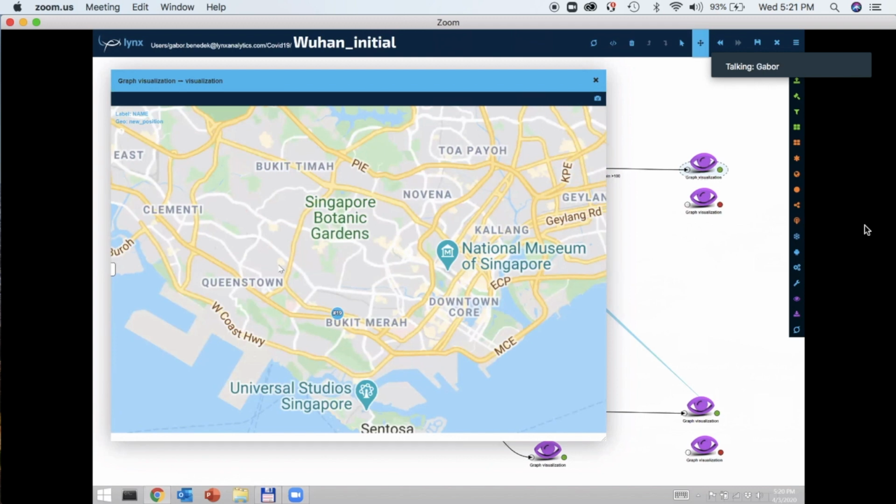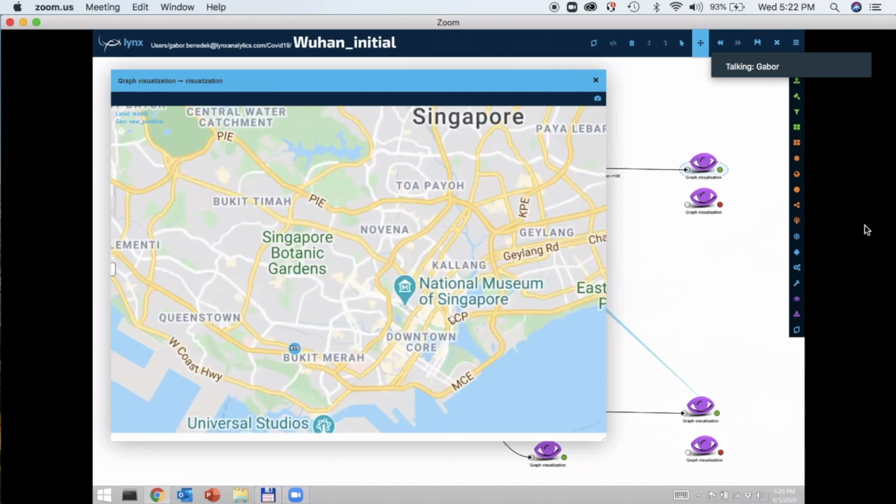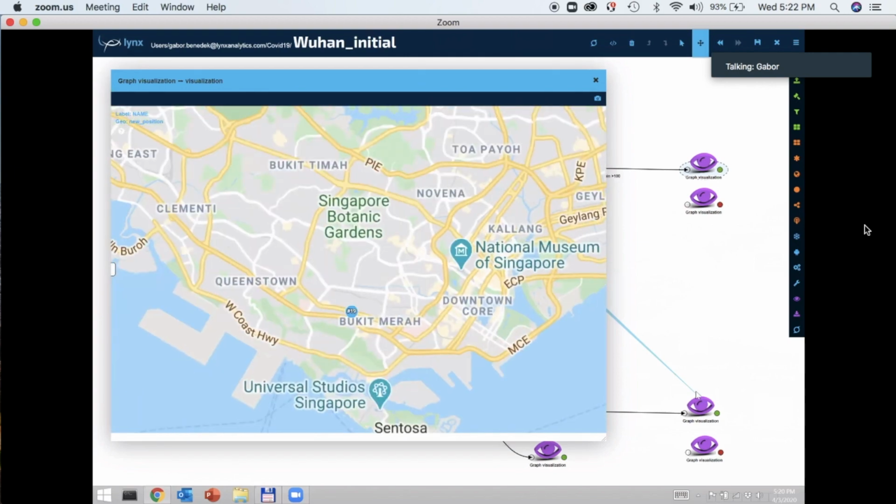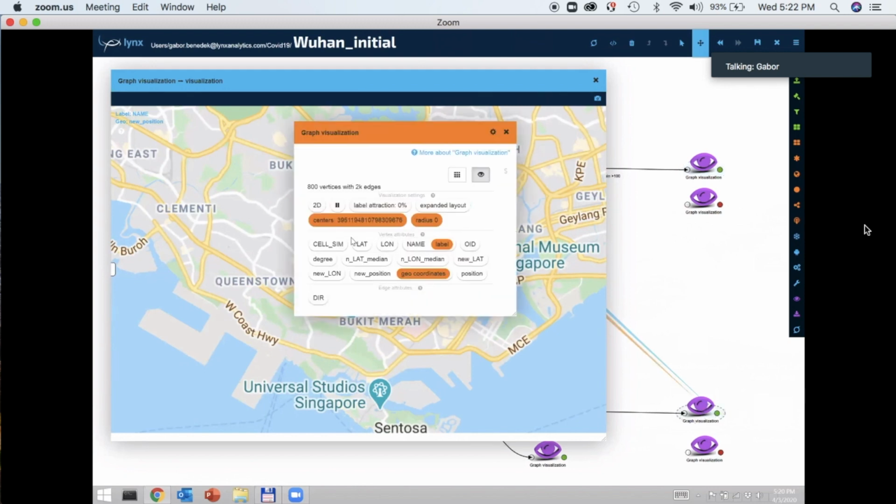And the first thing I want to identify is, in the last 14 days, which locations this customer visited. So which cell sites are those where this customer, or this patient, was using the network in the past 14 days. So let me just click to that visualization,